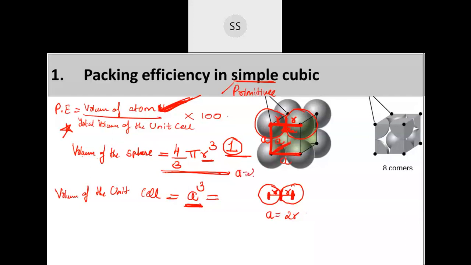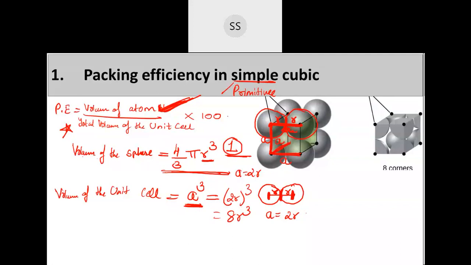So that you have to cube now. So 2r the whole cube, that will give you 8r cube. Then you have to divide now. Understood? Briefly I have told you what you are supposed to do. So now you divide, and after you divide, you get the packing efficiency value for simple cube. Did you follow what I said? If you want, I will repeat this once again. Very important: if you have not followed, you can ask me anything you are confused about. I'll repeat this once again.